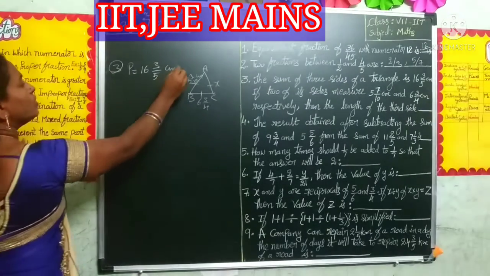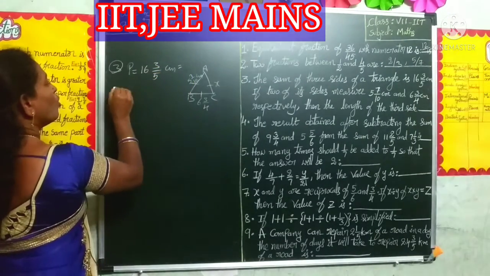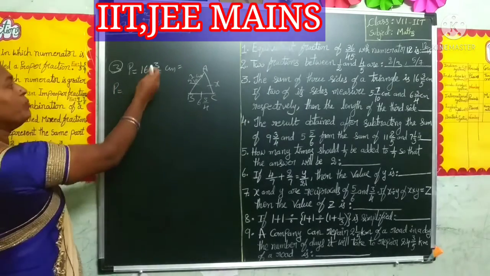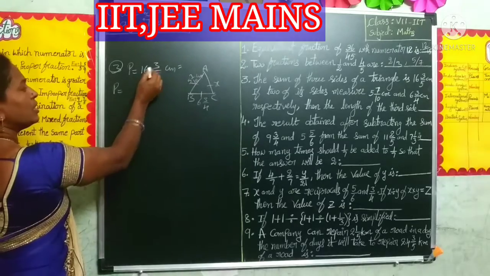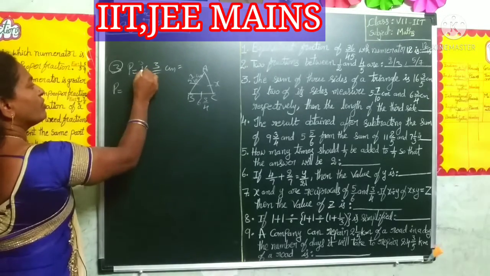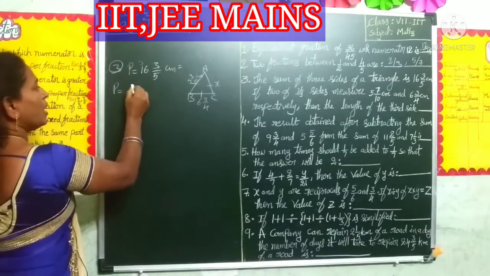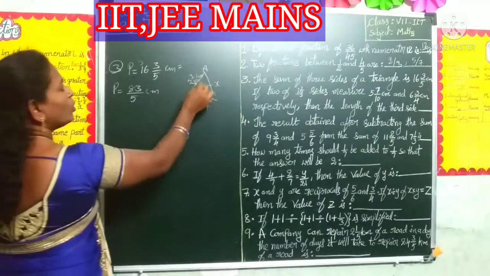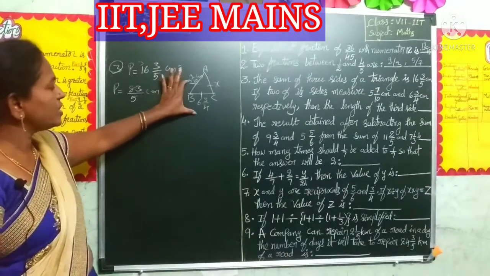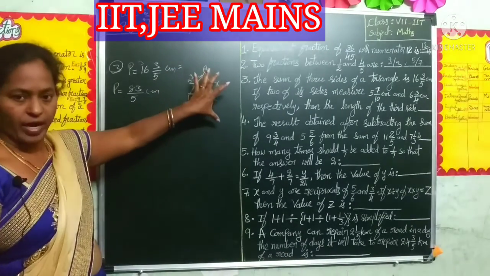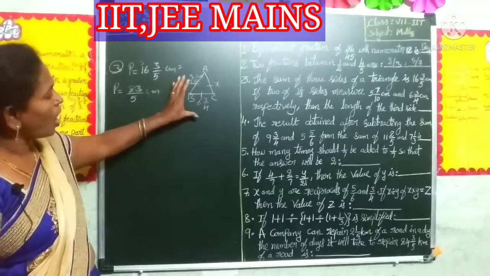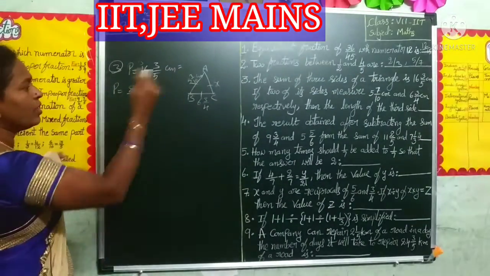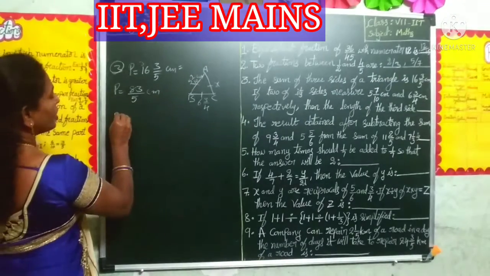Now the sum of three sides is given, 16 3 by 5. This is converted into an improper fraction: 5 times 16 is 80, plus 3, 83 by 5 centimeters. Now two sides are given, and the third side you have to find. Add the two sides and subtract from the sum of three sides, then we will get the third side. So the sum of two sides is